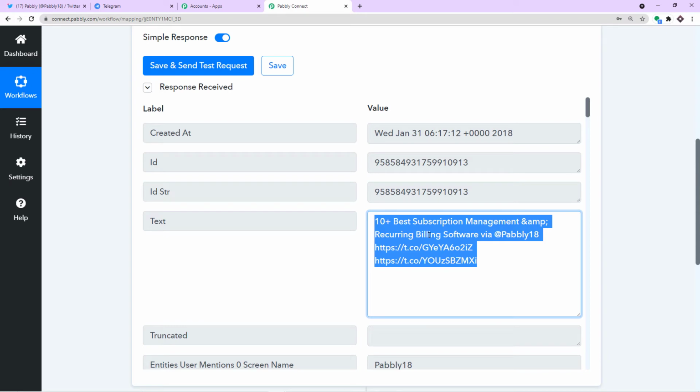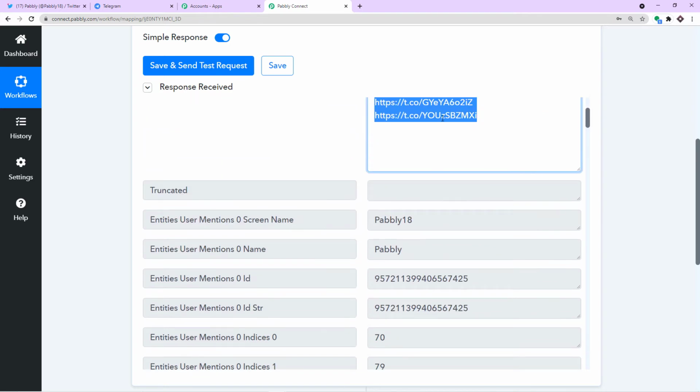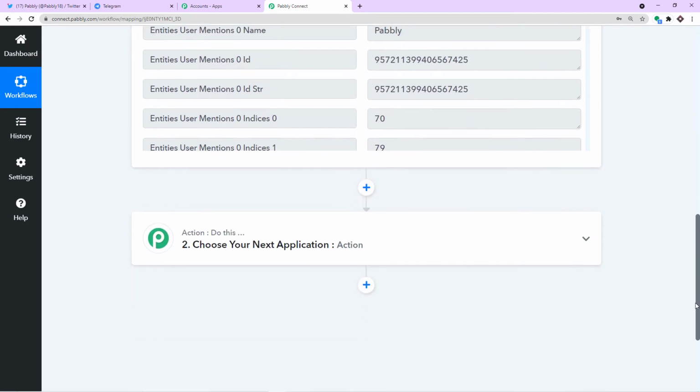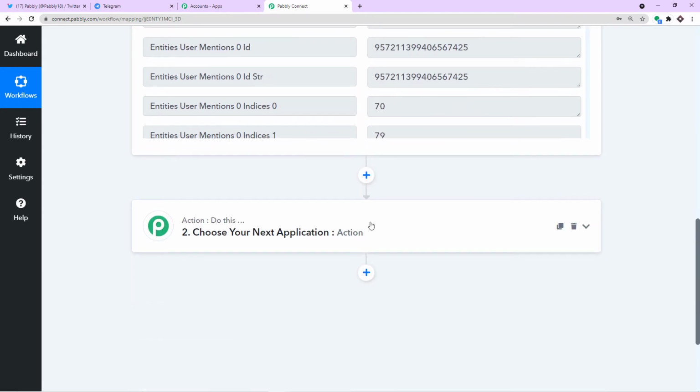Now you don't have to worry because everything will happen in real time, because when you tweet after building this workflow, it will automatically be available in your Telegram channel. For the moment it is only showing the old tweet that you had made several ages back. So what's next? We want to send this data to Telegram. We are building a workflow, so that is why we are going to send this message to Telegram. We know that this is obviously an old tweet, but do not panic. We will be having the real tweet in your Telegram channel after this workflow is built.